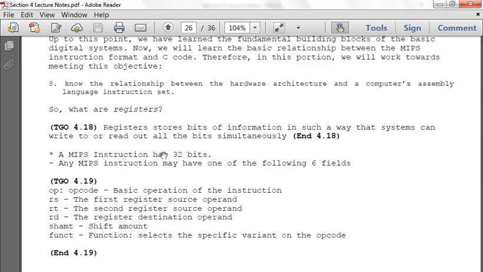And so these function types: opcode was the 6-bit value indicating the type of instruction. RS and RT are your source operands. RD is your destination operand. Shift amount is for shift left logical and shift right logical. That'll tell you precisely how much you should shift. It's 5 bits because you can shift up to 32. So it's a